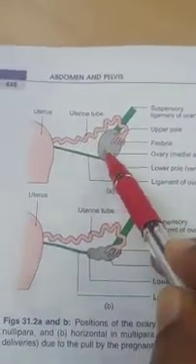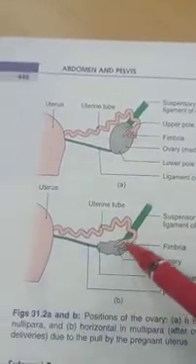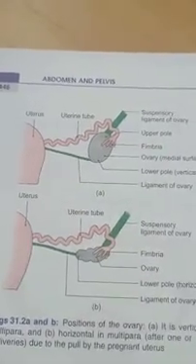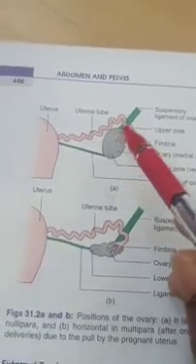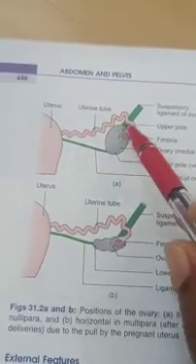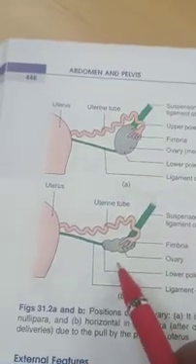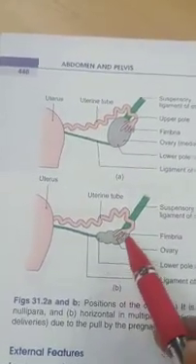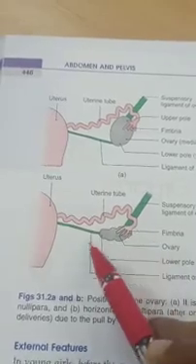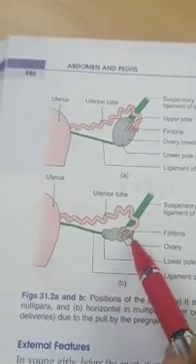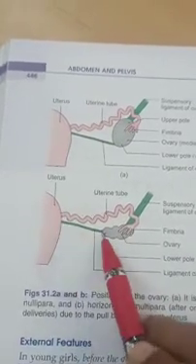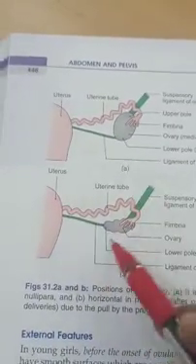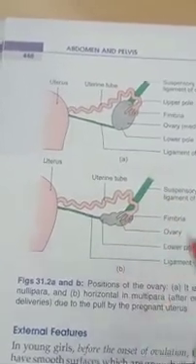And here comes the uterus, the uterine tube, and this is the ovary. We can see the position. In nulliparous women, the ovary is seen in a vertical position, vertically placed, with an upper pole and a lower pole, like this. But in multiparous women, that is women who have given birth to children, the ovary is seen in a horizontal position. The upper pole will go towards the lateral side, and the lower pole will go towards the medial side, towards the uterus. So this is the normal position of the ovary.